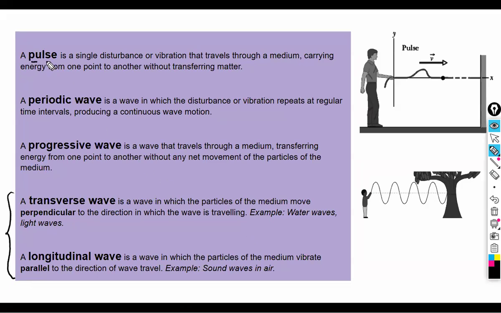A pulse is a single wave. But look at this guy here. This here is the diagram for a pulse. He ties a rope to a post, and he just gives it one flick. Now, if he gives it one flick, you will see exactly one hump moving forward. And once that reaches the post, it dies out. That's a pulse, just one wave, and it never repeats itself ever again.